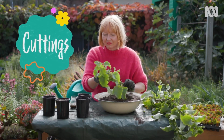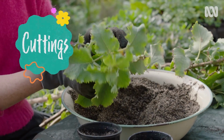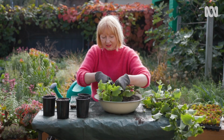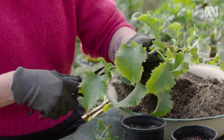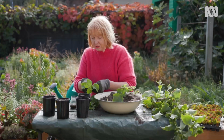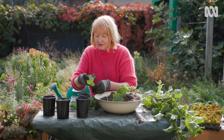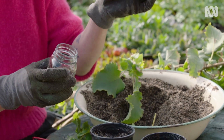Now I like taking really long cuttings of this perennial. I find that long cuttings work a bit better, especially over the cooler months. And so I start off by cutting just below the leaf joint or the node there, and then I just trim all the foliage off so that the cutting doesn't need to support all this foliage while it's forming a root zone. I'm going to dip the node into a rooting hormone,